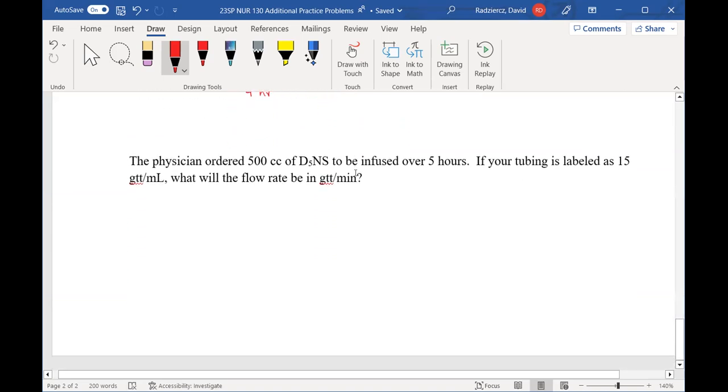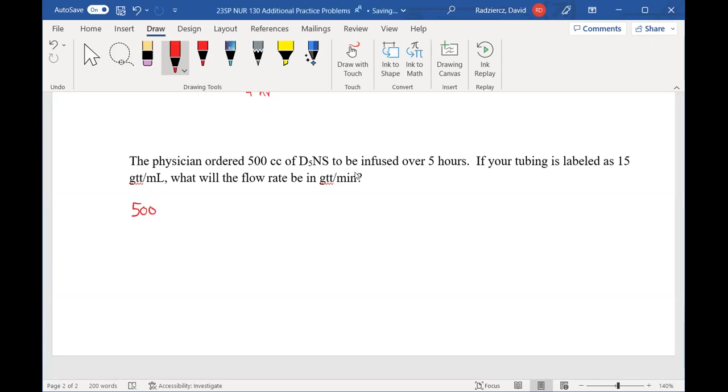All right, last one here, another drop rate question. So the physician has ordered 500 cc's of dextrose 5% normal saline to be infused over 5 hours. If your tubing is labeled, so tubing tells you drop rate, 15 drops per milliliter, what will the flow rate be in drops per minute? Okay, so long way first,